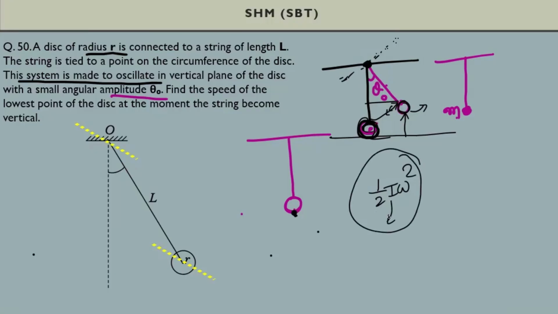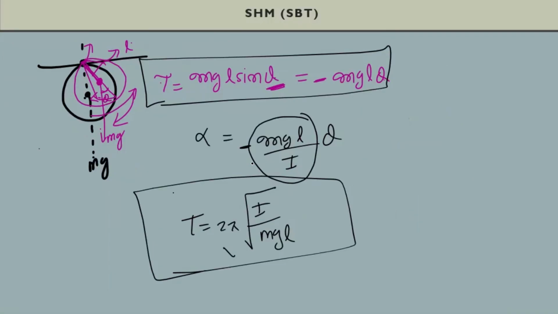I is not going to change. That is a constant thing. Half is not going to change. Omega needs to change. So here, this omega is basically the rate of change of angle. So this is different than this one. You have to be careful with this thing.